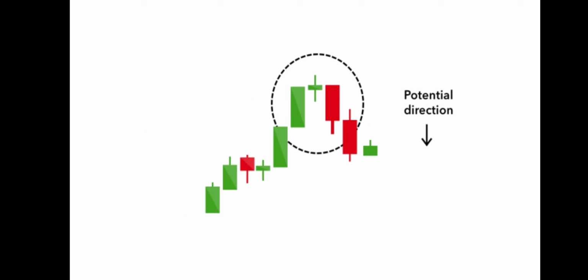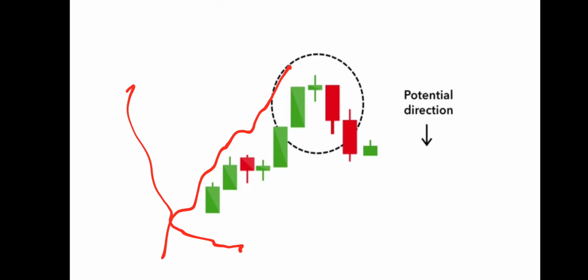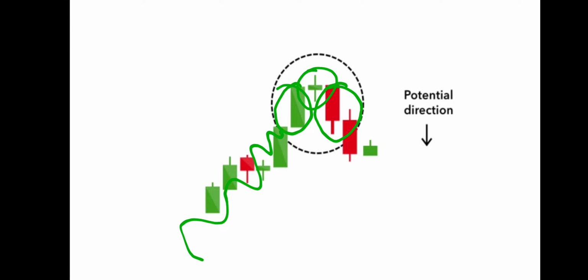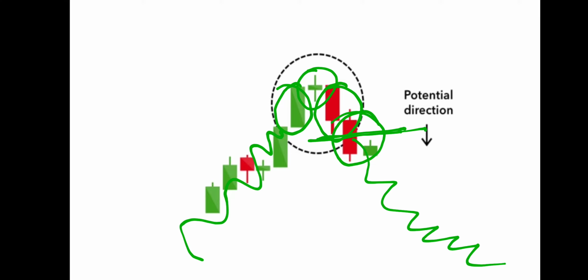And next is the evening star. Evening star is also the opposite of the morning star. Morning star occurs after a downtrend, evening star occurs after an uptrend. When there is an uptrend and you can see a bullish candle and a small doji candle occur, and the next candle is a bearish candle, it confirms that this is an evening star, and this candle gives you confirmation. You can sell here and you will get the maximum profit. And your stop loss may be this, or you can also use this.